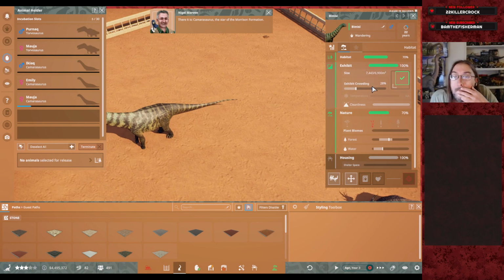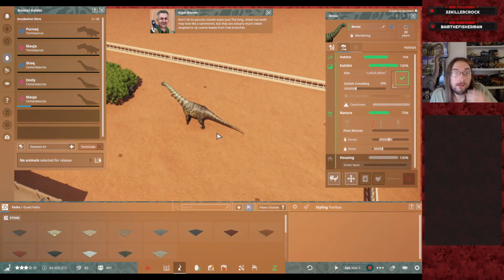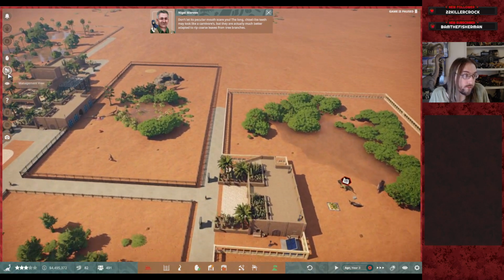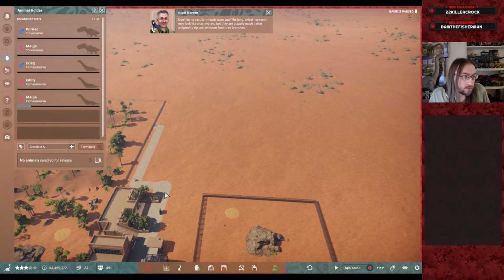Camarasaurus, the star of the Morrison Actually, collection. not Don't that let its peculiar mouth scare you. The long chisel-like teeth may look like a carnivore's, but they are actually much better adapted to rip coarse Alright,